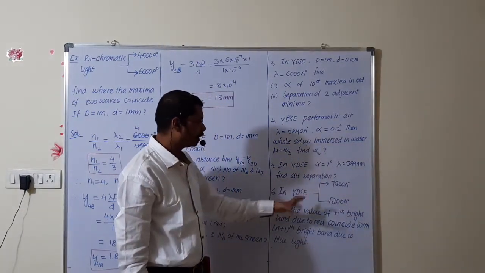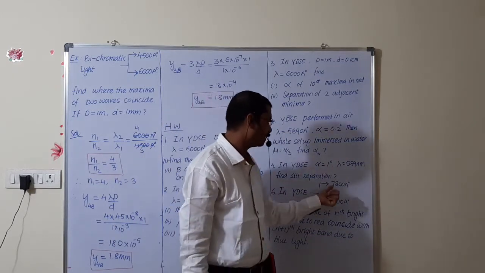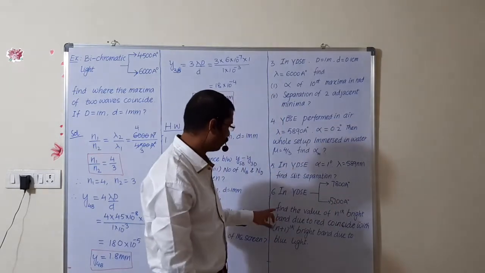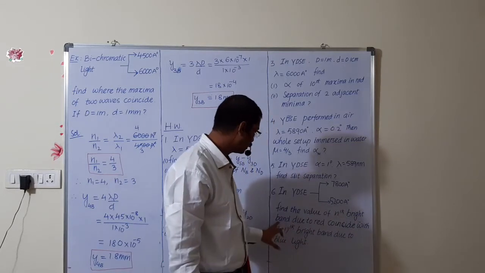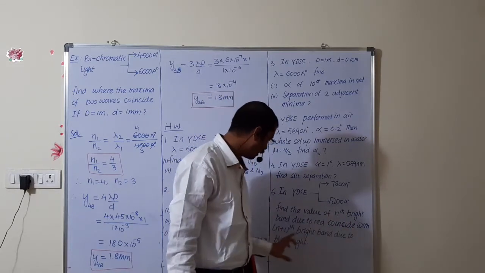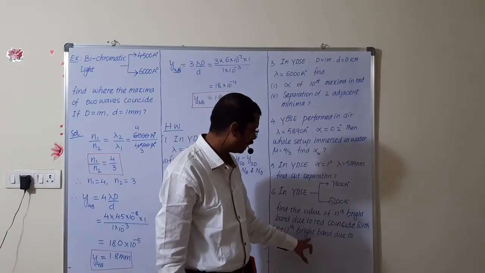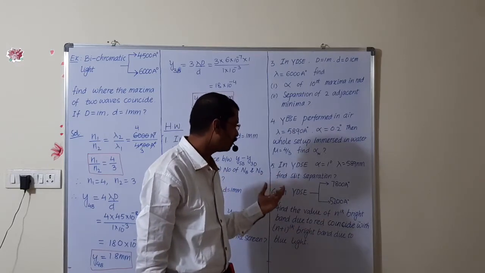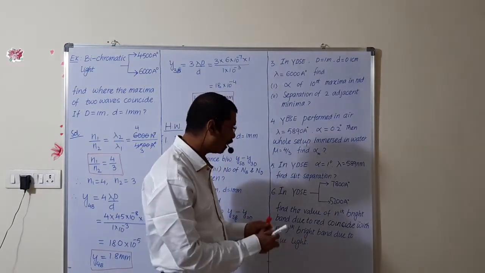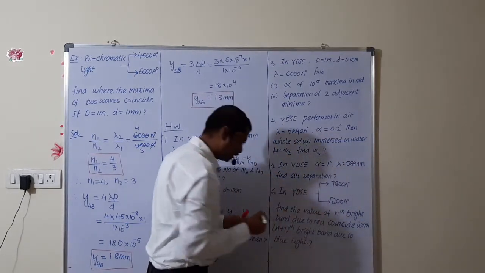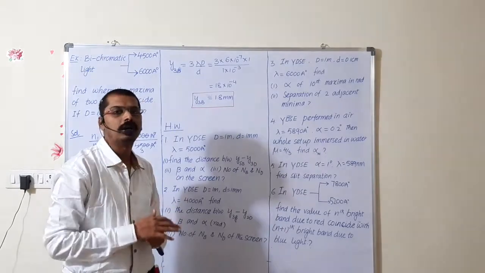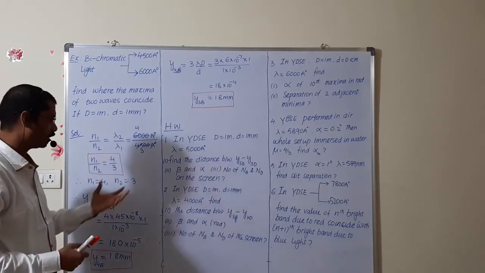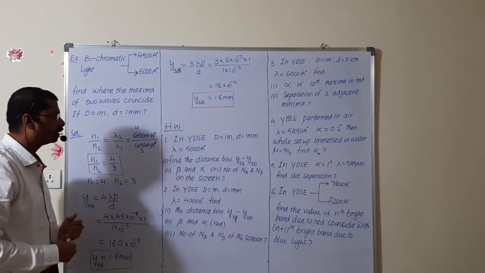Now, monochromatic light, two waves are there. In Young's double slit experiment, 7800 angstroms and 5200 angstroms. Find the value of n such that the nth bright fringe due to red coincides with the (n plus 1)th bright band due to blue color. We have to find what the value of n and n plus 1 is. Already we have discussed based on the formula n1 upon n2 equals lambda 2 upon lambda 1. Substitute the values, then you will get all the homeworks. If you have any doubt, then you can ask me. Note down the homework.